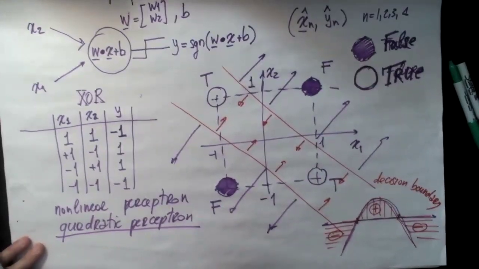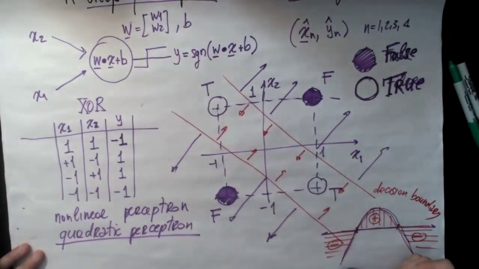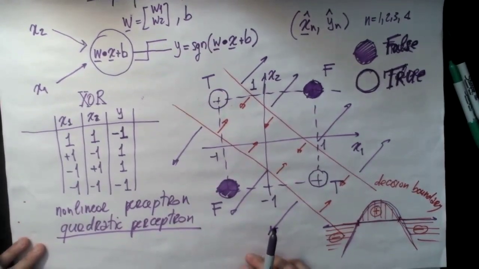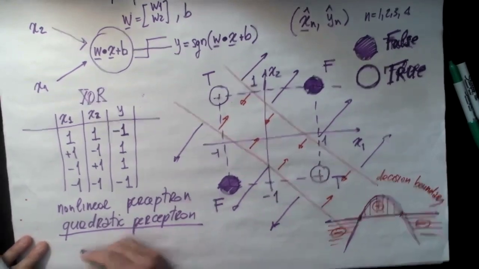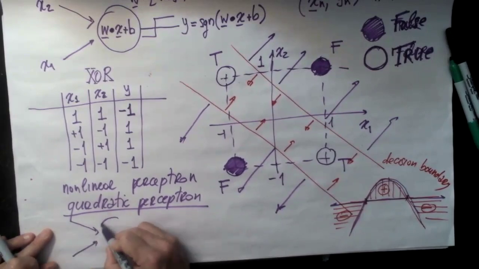What does it mean? That now the decision boundary must follow from a quadratic law, and for example, we can choose a quadratic perceptron that is given by